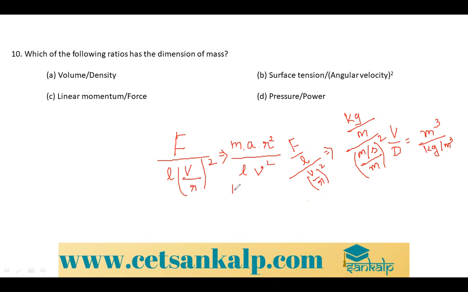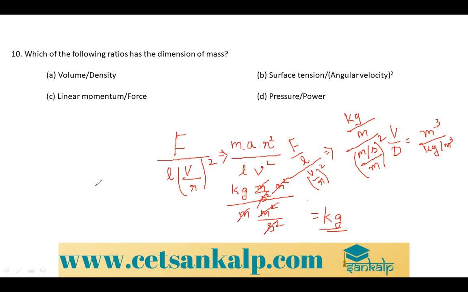So what is the SI unit of mass? Kg. What is the SI unit of acceleration? Meter per second square. What is the SI unit of radius? Meter. So I am going to write it as meter square, the whole divided by length, meter. So what about angular velocity? Meter per second, but since there is a square, it becomes meter square per second square. Understood? So meter square cancels, m and m cancel, then s square and s square get cancelled. So finally you will get only kg.